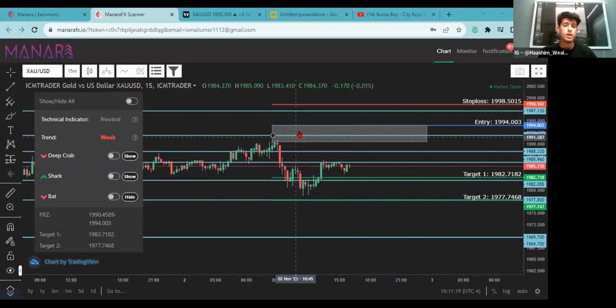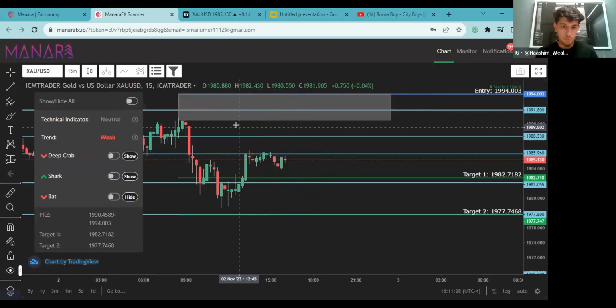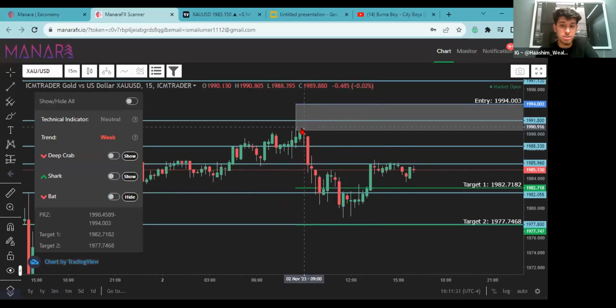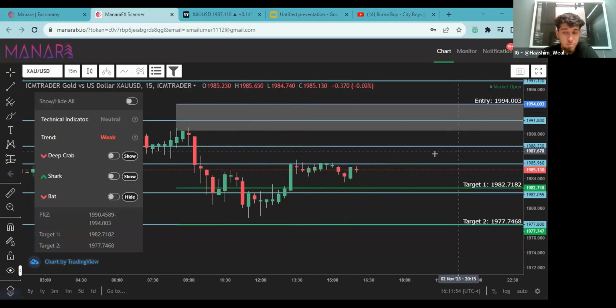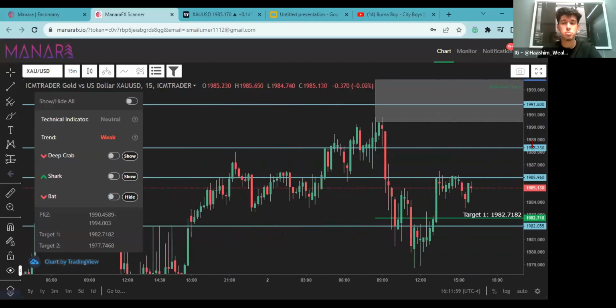But if we were looking at an entry box, wherever the candle has tapped into this entry box, I would place a sell from there. For example, can you guys see how price tapped into this entry box here with this wick? This is on the 15-minute time frame. Can everyone see how price tapped into this entry box right here? Put a 1 in the chat if you guys can see that. Can you guys see it or not? Price tapped into this entry box right here, once and twice. As soon as price taps into that entry box, you would get a notification,